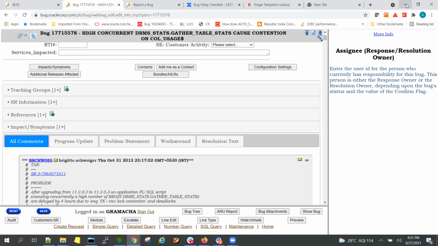For example, for any test case reproducible issues, if it's a non-24/7 SEV2, SEV3 or SEV4, try to do it after the shift task so that you will get some time and patience, and you can peacefully do it. But for SEV1 24/7, obviously we have to do it in shift time because we have to file a bug. So see how the scenario goes. Once you do it twice or thrice, you will get comfortable with this process, and it's not going to be a big task for you guys.